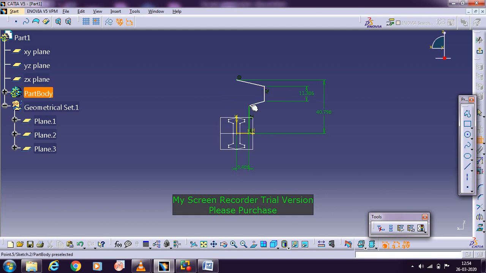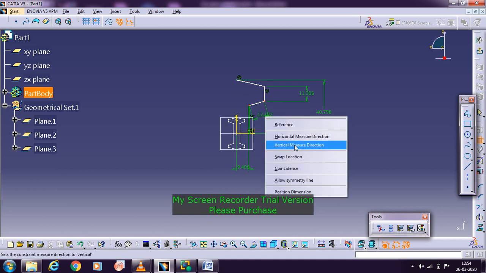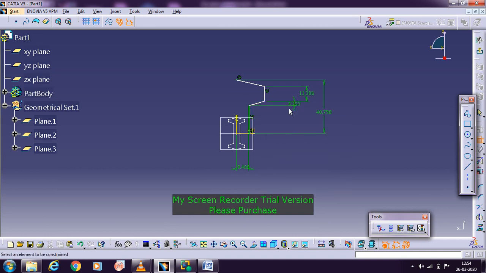So here it is for the slant measurement. Select one point, select the vertical measurement, and then show it here. Same way you need to show it here, select the point, vertical measurement, show it here. And here it is the thickness of this eye section.